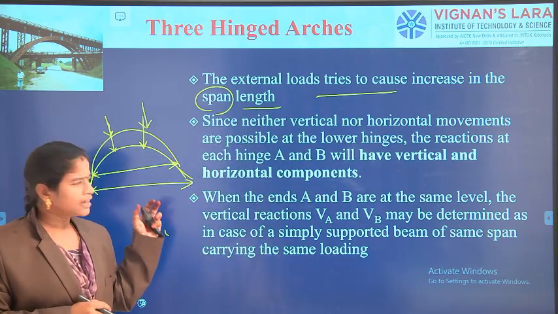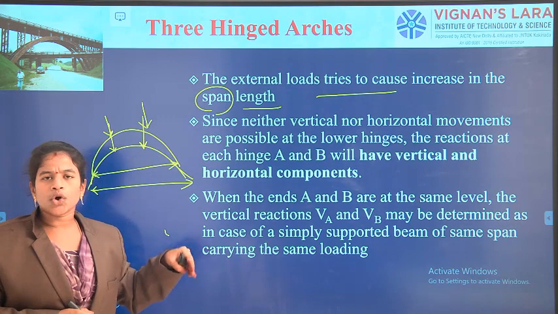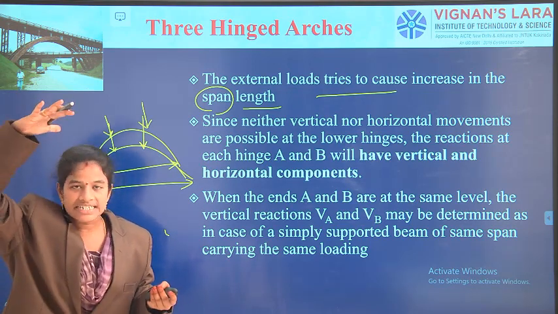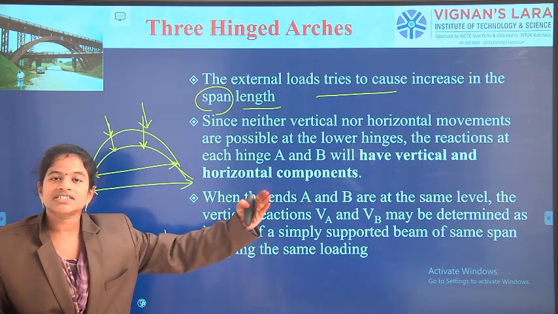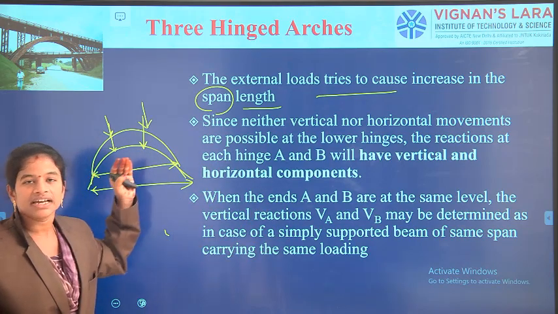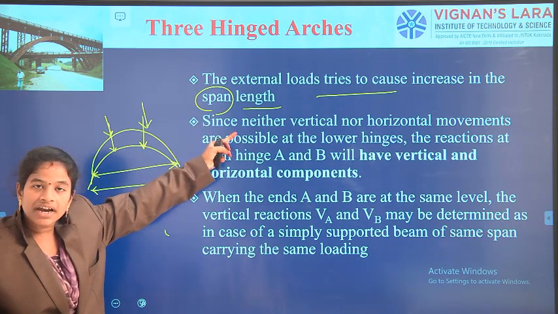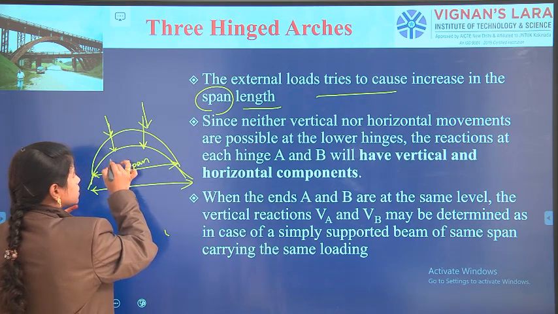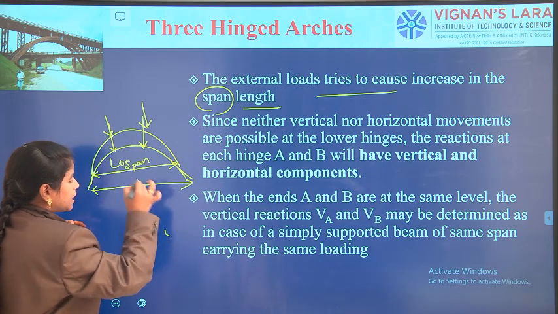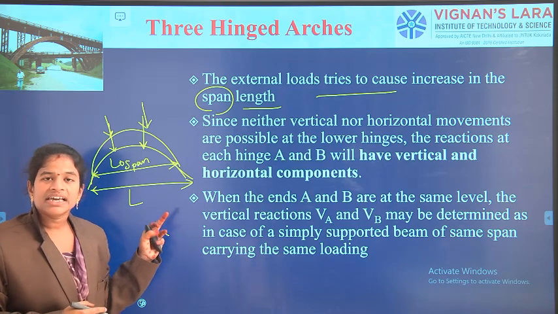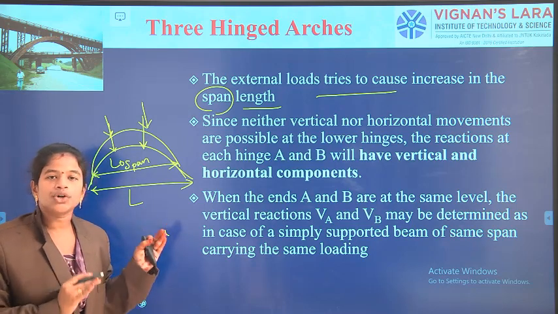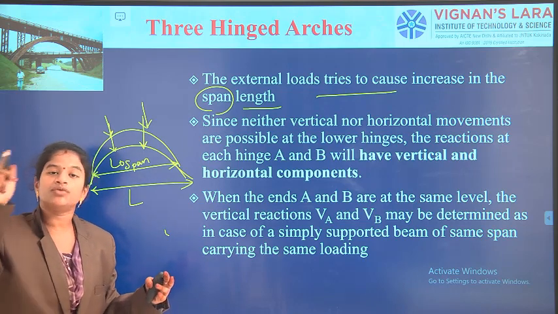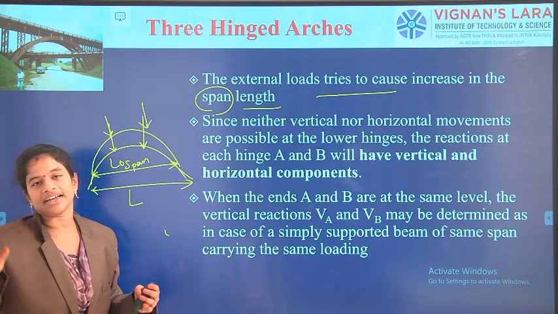If we allow the structure to go down, what happens? The arch shape will not be maintained. The structure itself will collapse, or the entrance where we have mentioned this arch will get disturbed, right? So we are trying to stop this increase in the span. This is L0, and due to the application of load it may reach some L. But is it allowable? No, we shouldn't allow the span to increase. How much span we have given while constructing, that should be maintained, right?